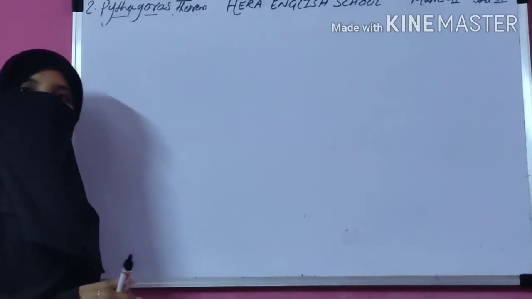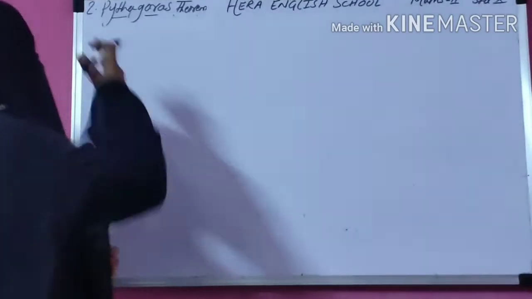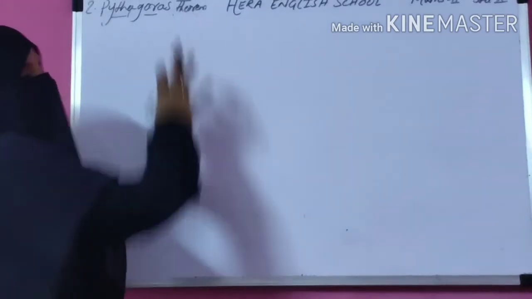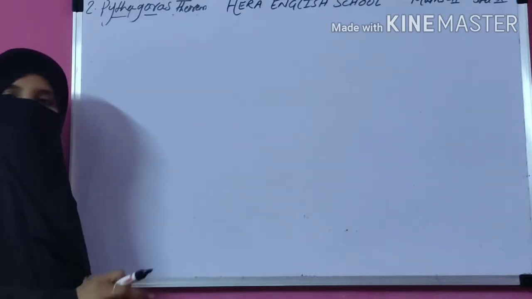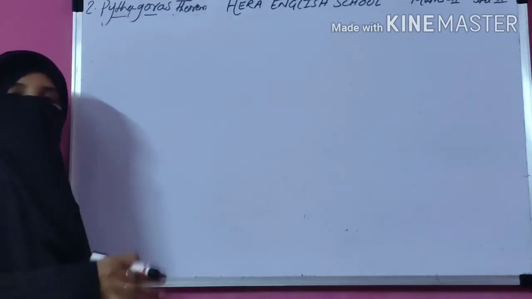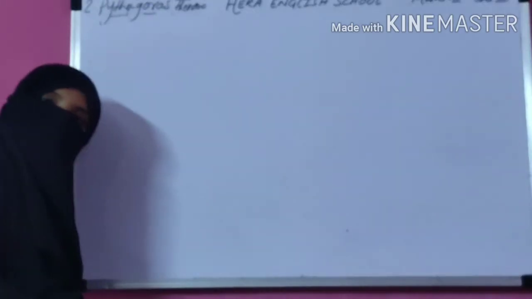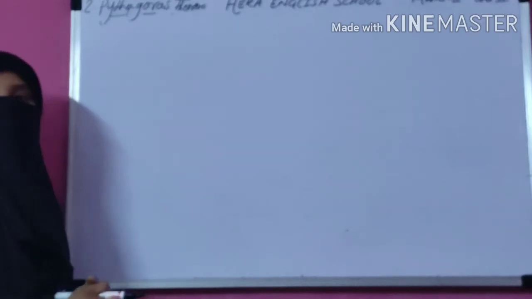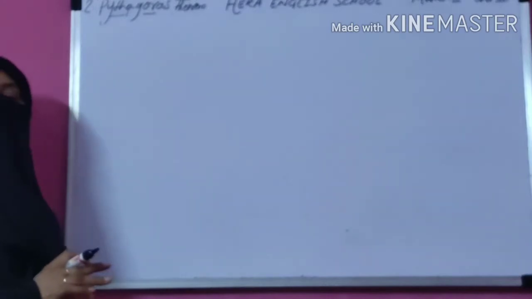Alhamdulillah, we have completed our first lesson, that is similarity. Now the second lesson of Maths 2, that is geometry, Pythagoras theorem. I think you are familiar with the Pythagoras theorem. You have applied and used it to solve sums. Pythagoras theorem was given by a great mathematician. The name of that mathematician is Pythagoras.